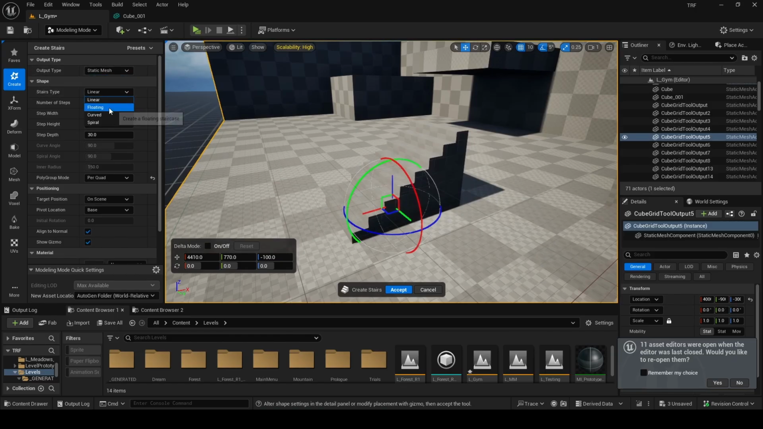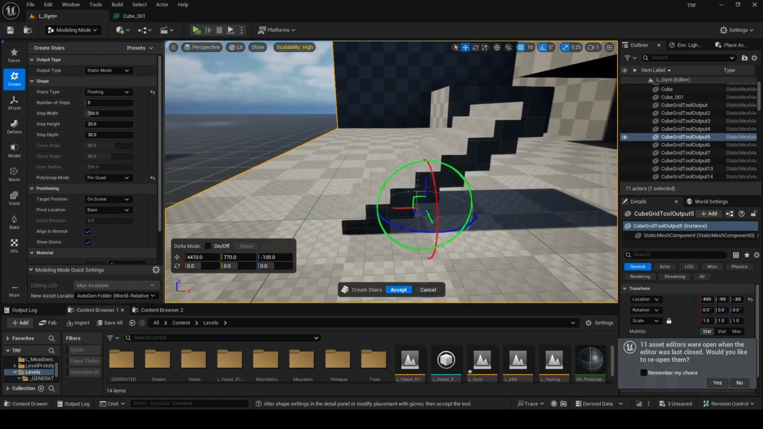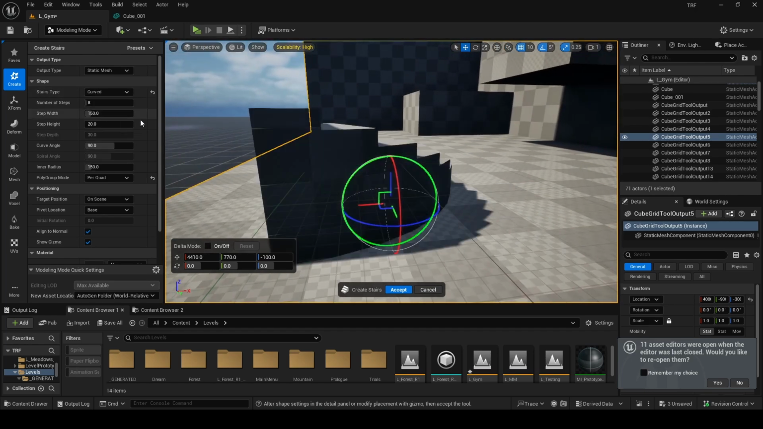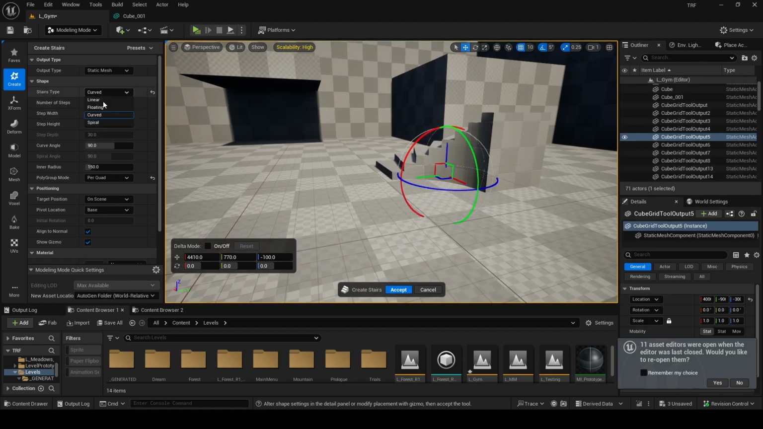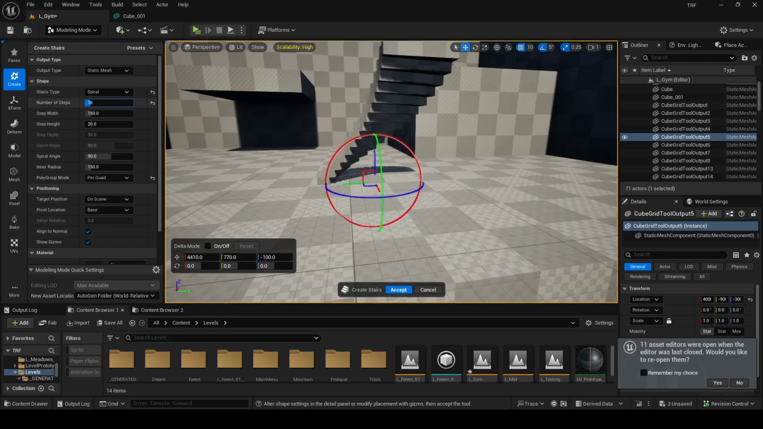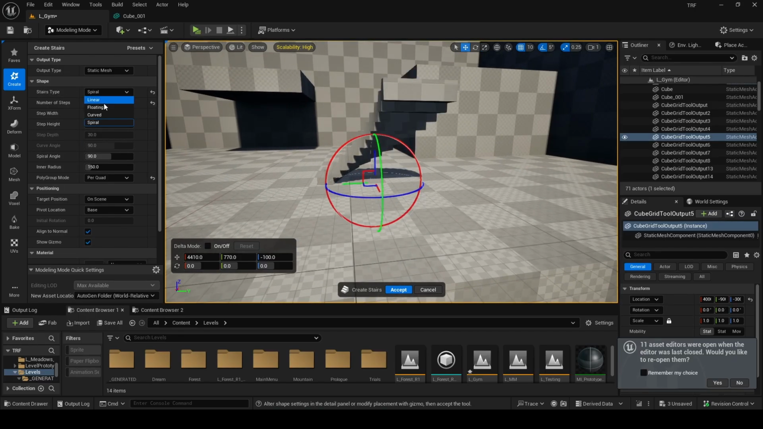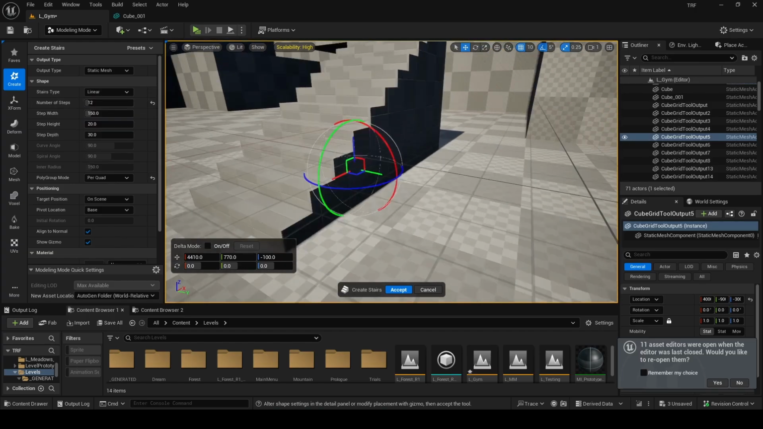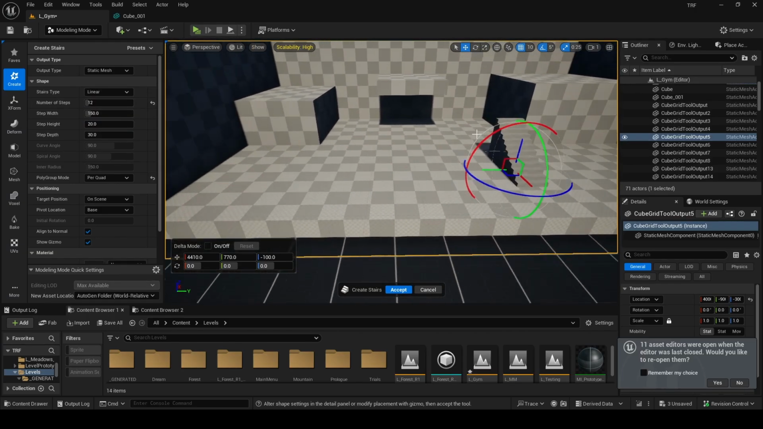So you can change it from linear to floating, and that makes it like a floating staircase. And then you can make it curved, or you can make it spiral. And it's basically curved, it's just without the bottom. But I'm just going to go ahead and do linear, and I'm going to line it up with this thing